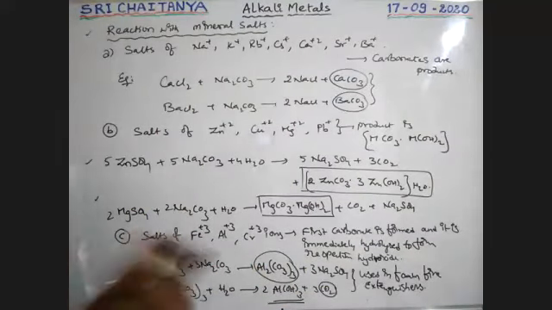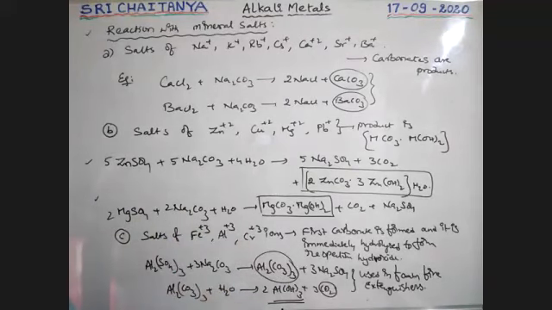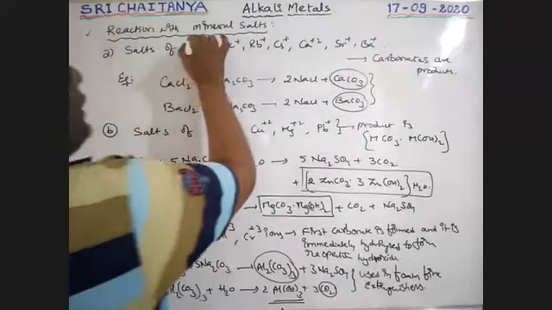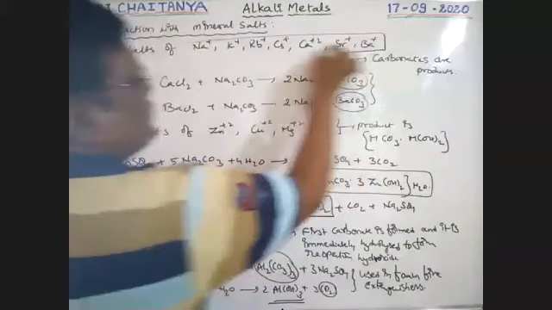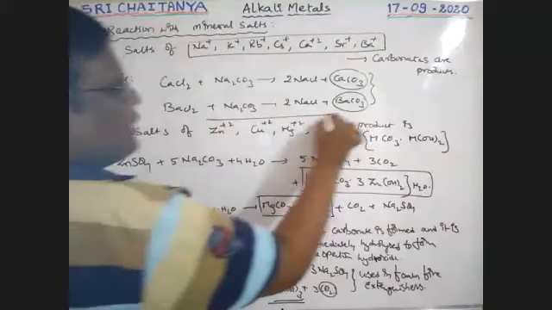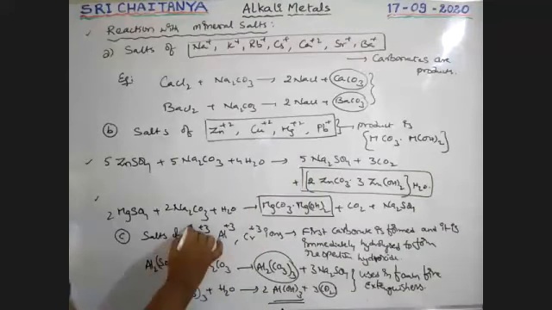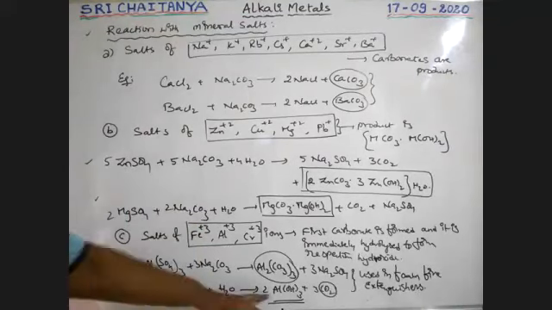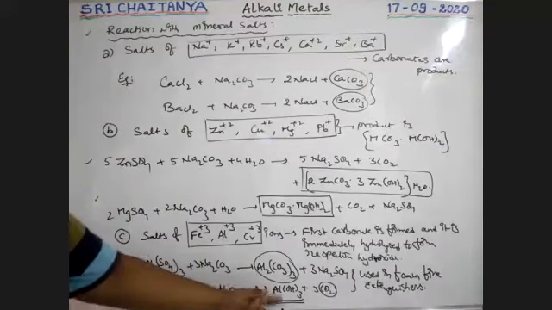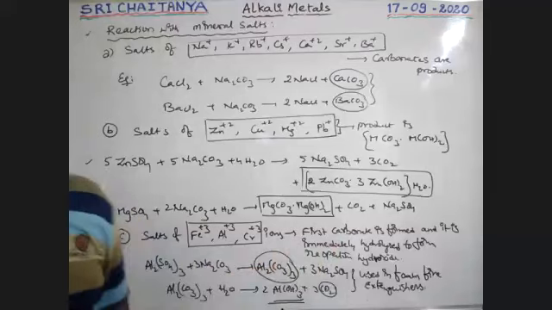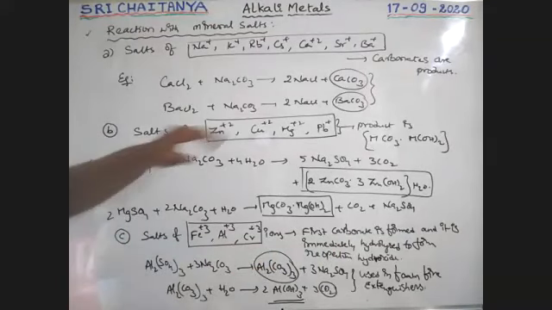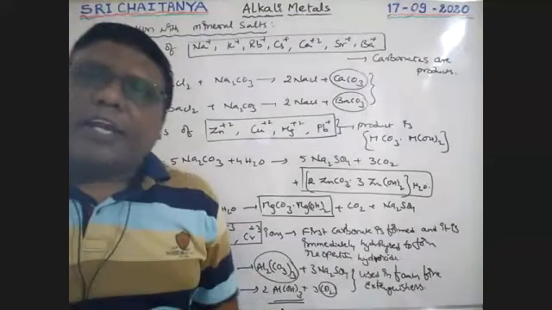All these are very, very important, boys. I'm giving some examples only. Please note down, all these are similar reactions. Here also, those metals are just replaced. So here aluminum hydroxide forms, and here ferric hydroxide and chromic hydroxide are the products. So these are all chemical reactions of our Na2CO3.